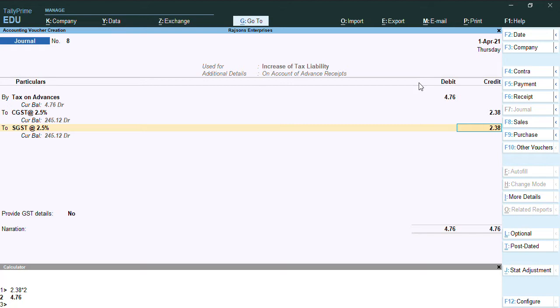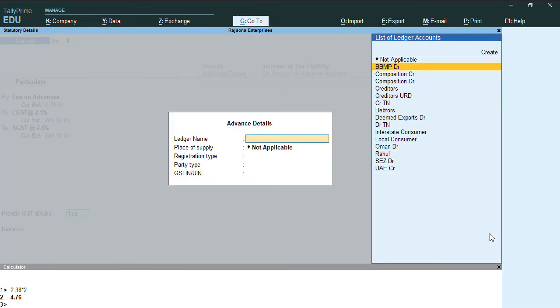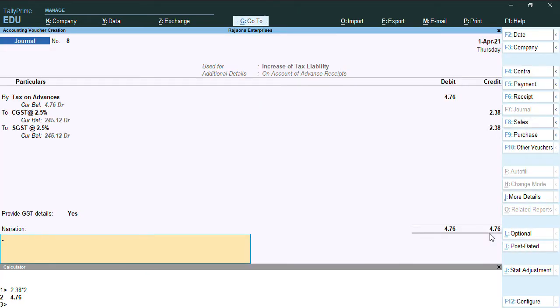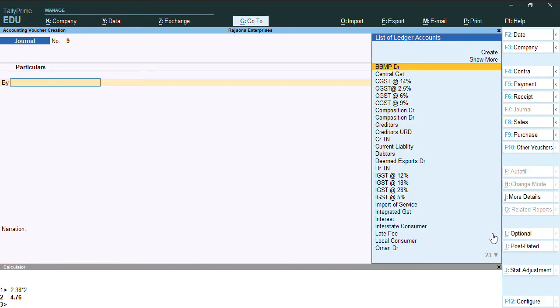As you can see, now my debit total and credit total have matched. Here we have provide GST details. We'll enable this option and select the party name Rahul, because we took the advance from the party Rahul. We'll accept this voucher.